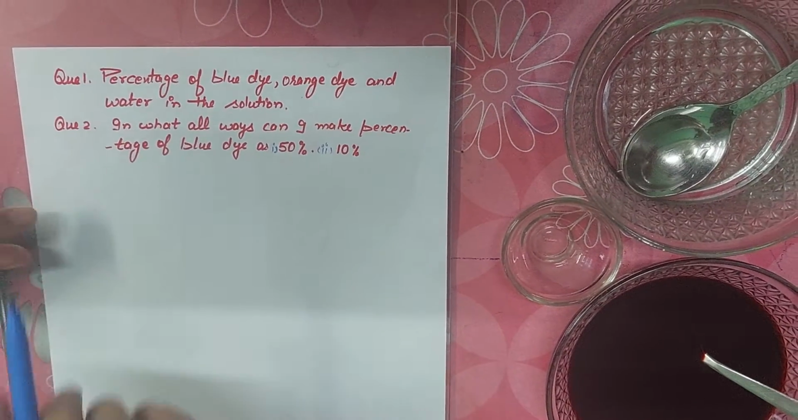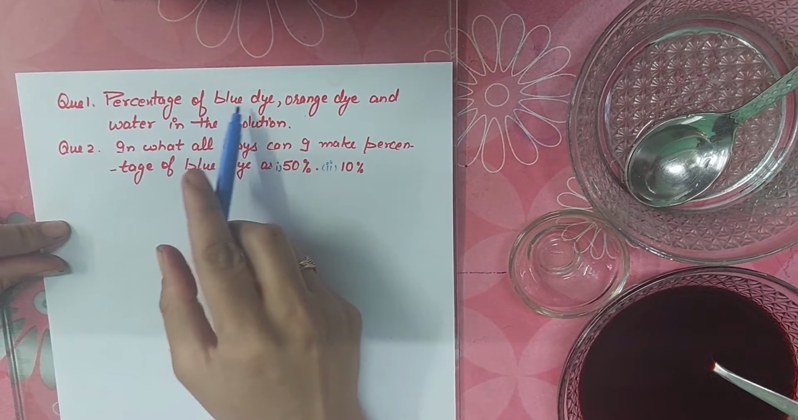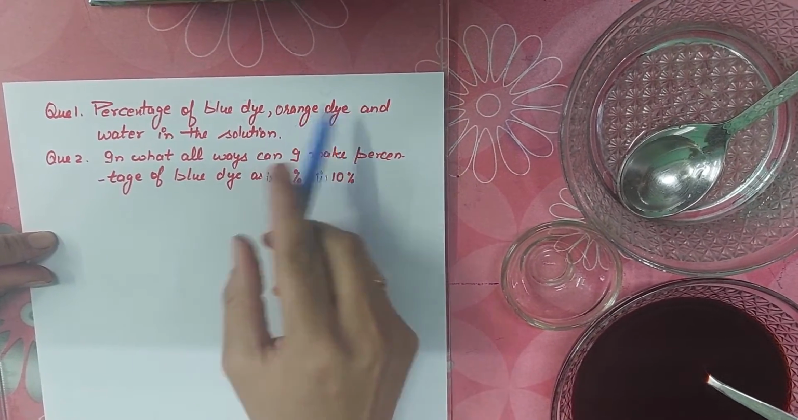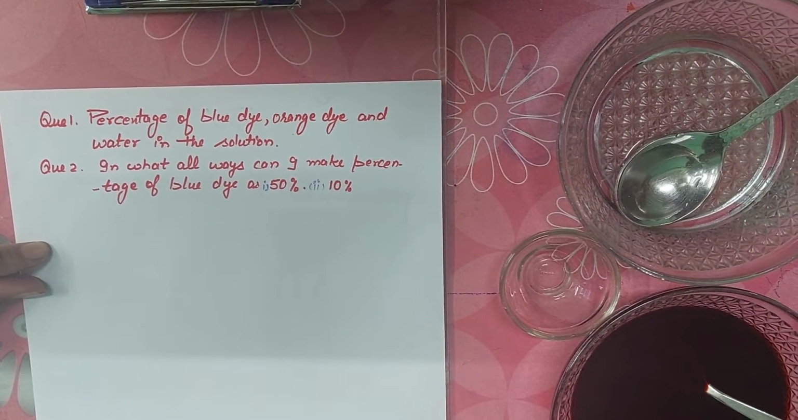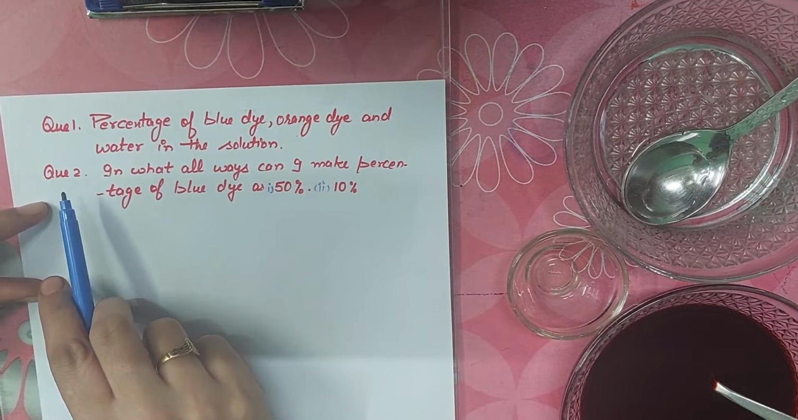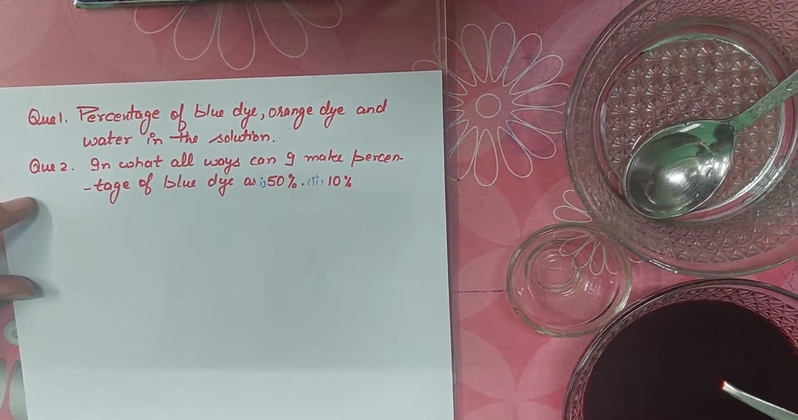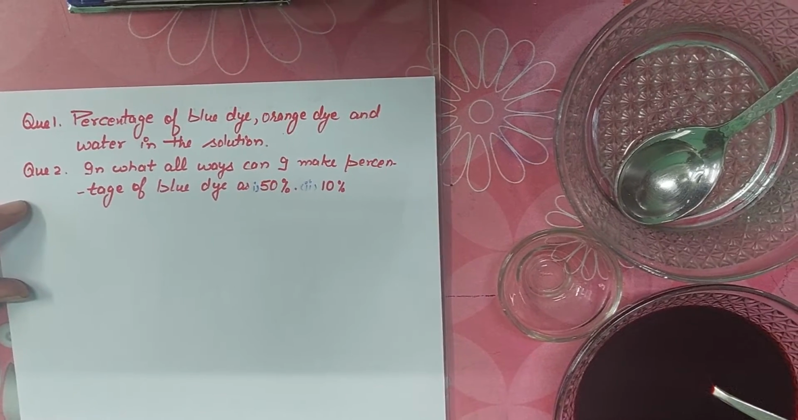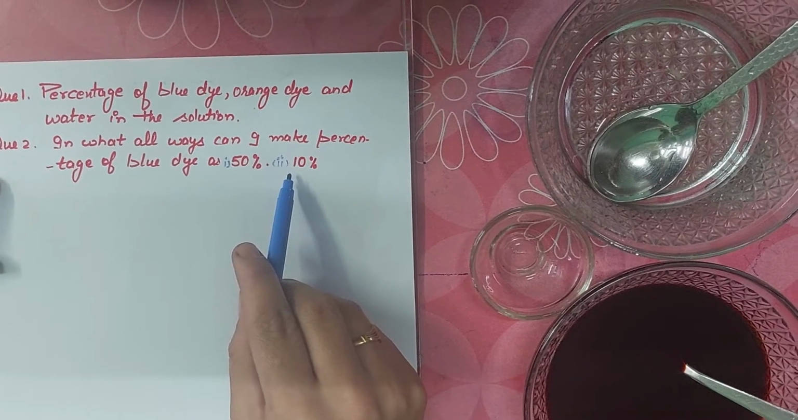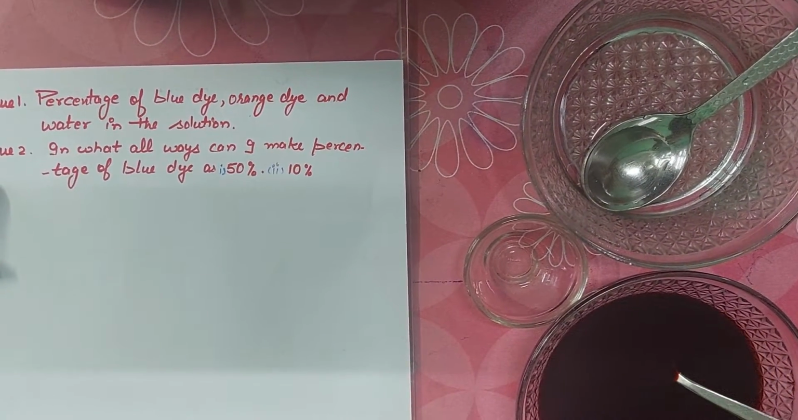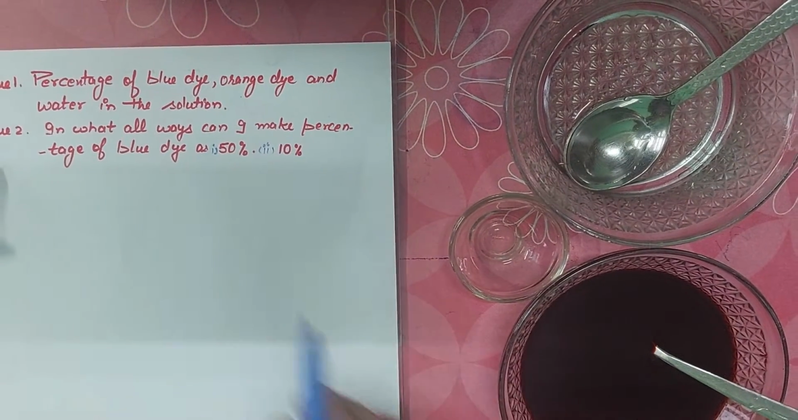Now I want you to answer these questions. Question number 1. What's the percentage of blue dye, orange dye and water in the full solution? Second question. In what all ways can we make the percentage of blue dye as 50% and second part as 10%? Means if you have to make the percentage of blue dye in this solution as 50%, what all can you